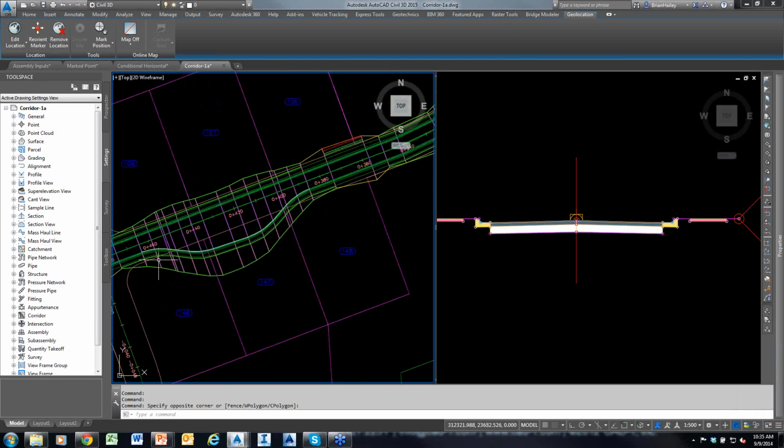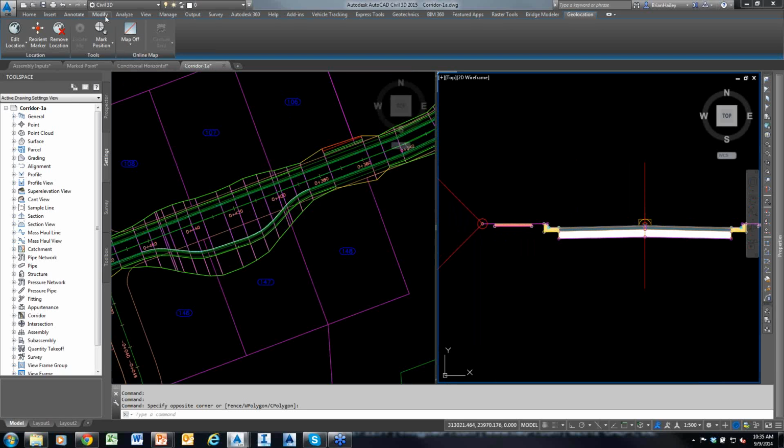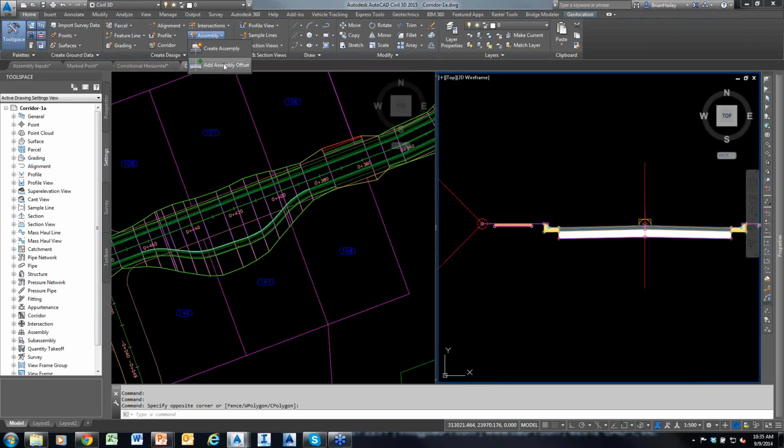So if I were to come in here for this one, let's see, that one's on the left. So I will add in an assembly offset. So assembly, add assembly offset. It's going to ask me for the assembly, so I choose the assembly. And it's going to ask me for an attachment point. It really doesn't matter where I pick this. So I'll just pick there. And then I'm going to move all this